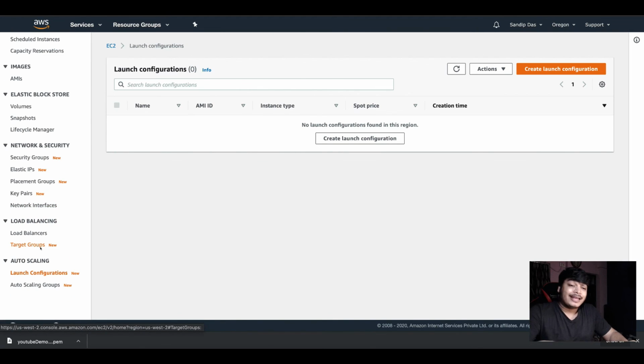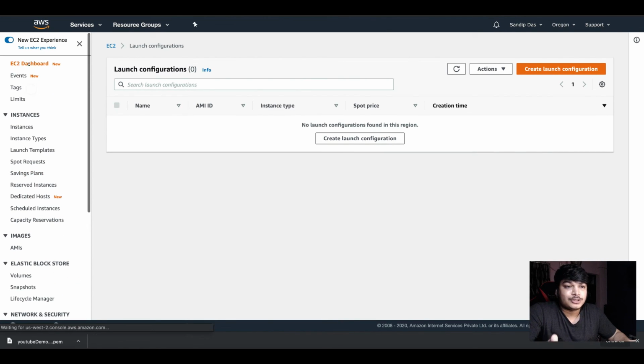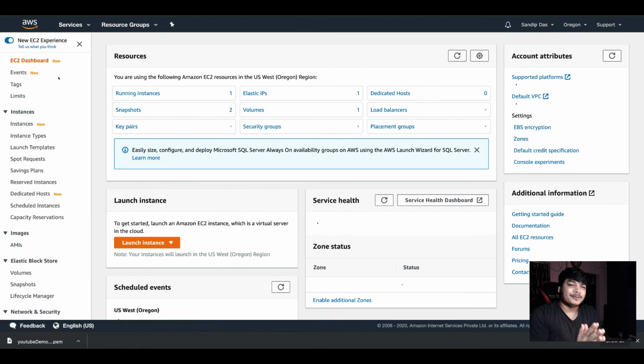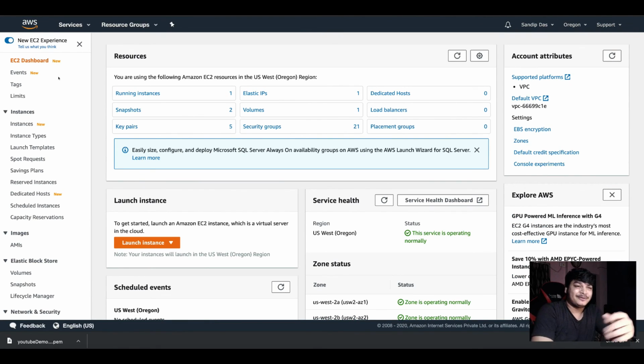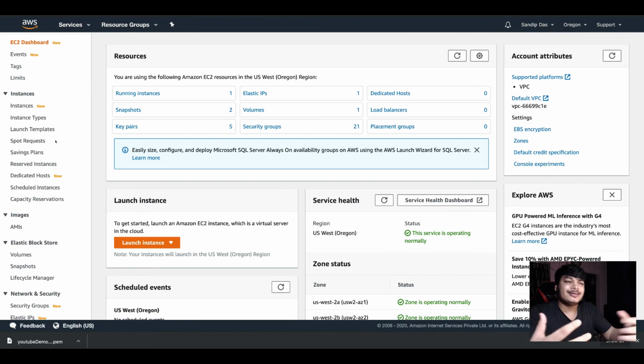Now this load balancing, auto scaling, I will have a detailed session, but I just want to show you what options you have in the EC2 dashboard. The EC2 dashboard looks simple, but it has more things than what it looks like. Okay, so I'll be explaining all that in my later session, but this is a very introductory session, and I want to keep it very simple. So you are new to AWS and you want to start a machine in AWS, how you should get started. That is what I solve using this session.